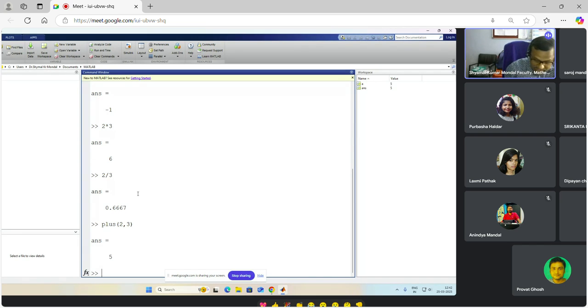Similarly, for subtraction, you give 2 minus 3. Another option is minus(2,3). In this case also subtraction will be there. So minus 1. So in MATLAB there are two alternative ways: one is the operator way, another is the function way for minus. Similarly,